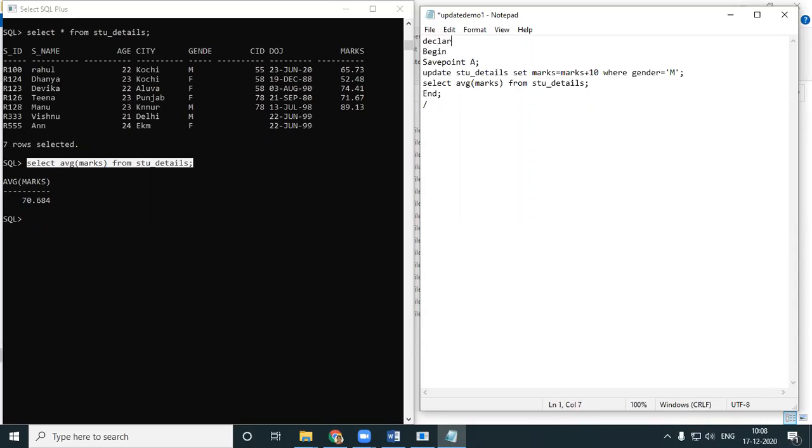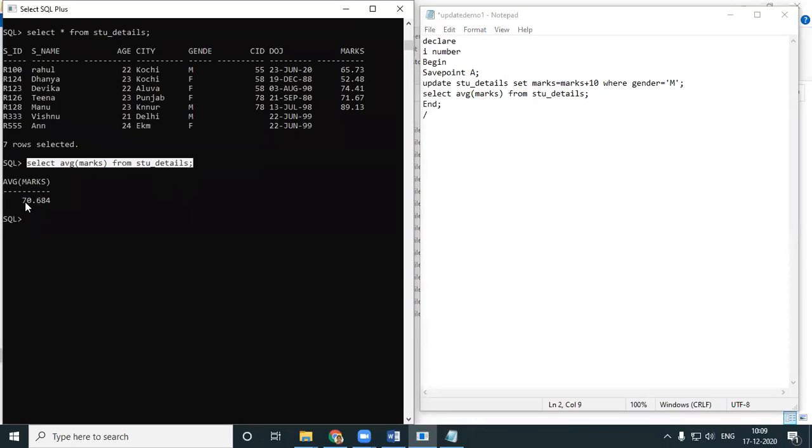So we'll do a variable declaration over here. Declare, I'll have something called number. Look here, this becomes a decimal point, no? 70.684. So I'll have it as 6,3, 3 decimal points. I find out the average and then I store it into a variable called I.